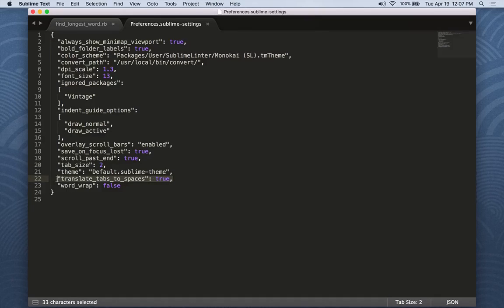If you use a different programming language and your programming community uses some different settings, then you can configure that here as well. Another setting that I have here is Save on Focus Lost to True. And that's sort of a weird setting to get used to in the beginning, but basically every time I make a change to a file, if I switch to a different tab or a different program, it'll automatically